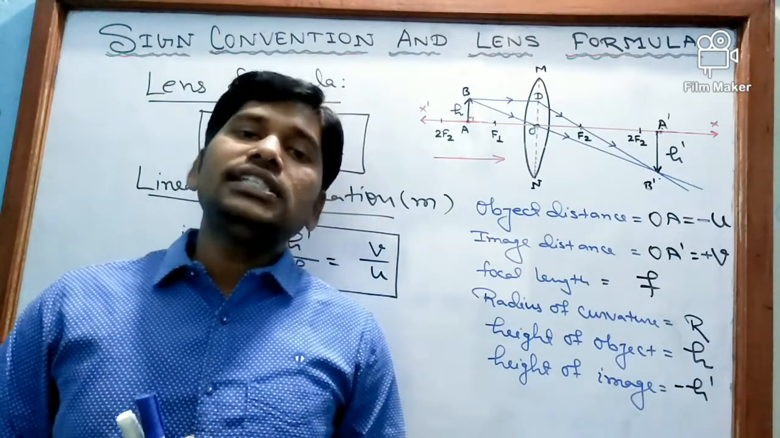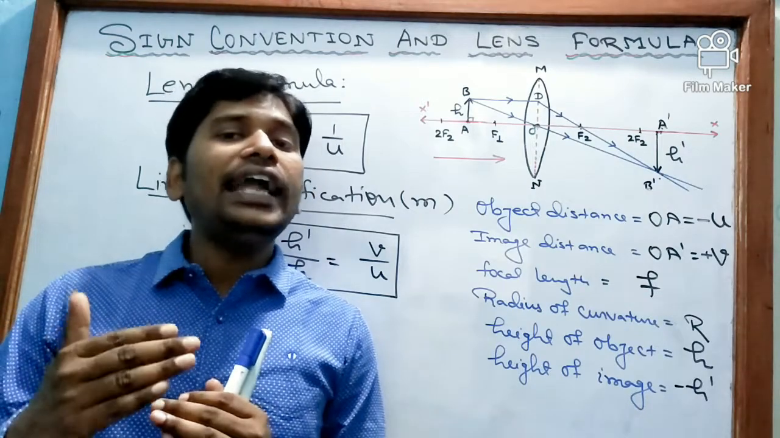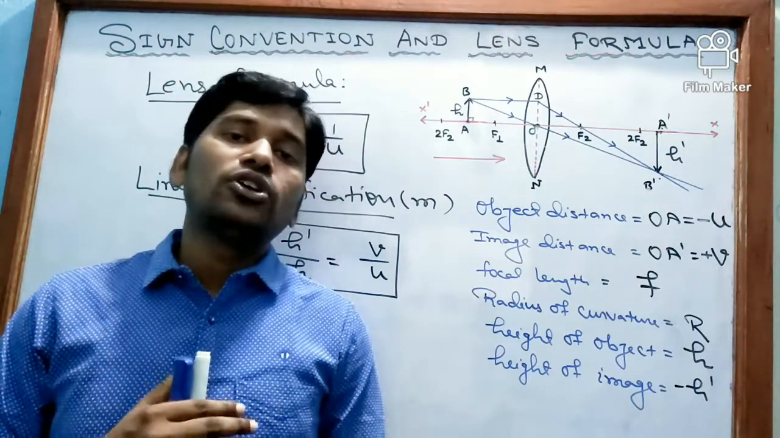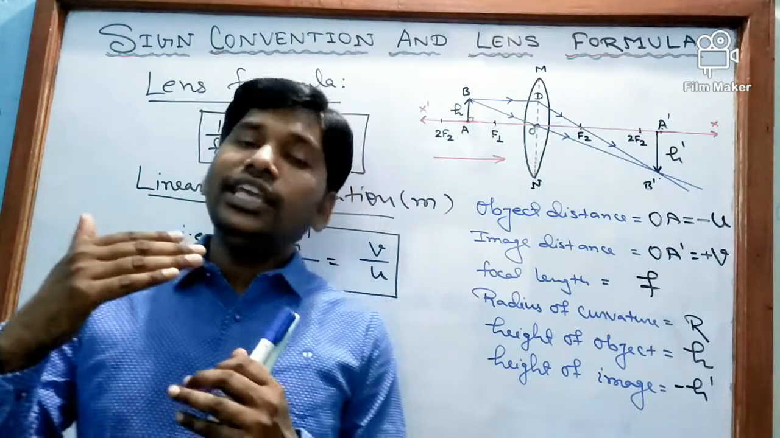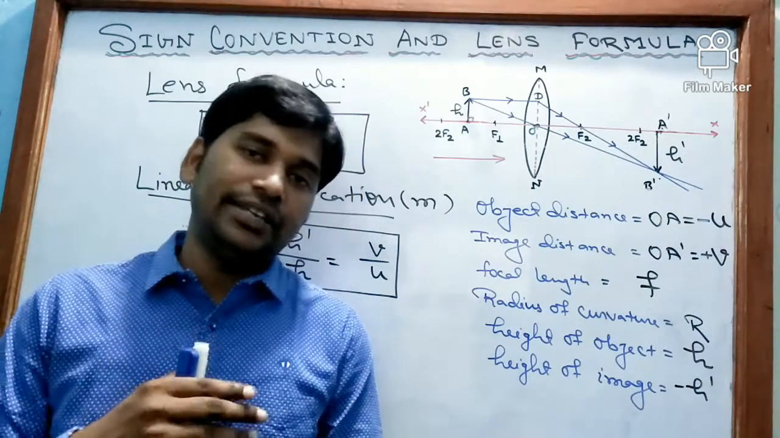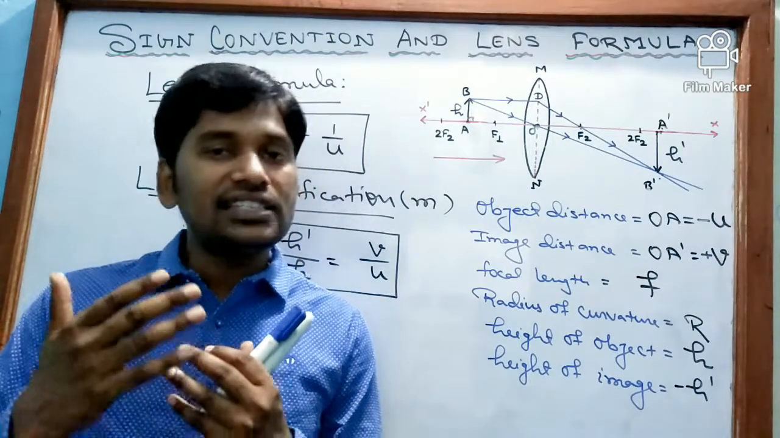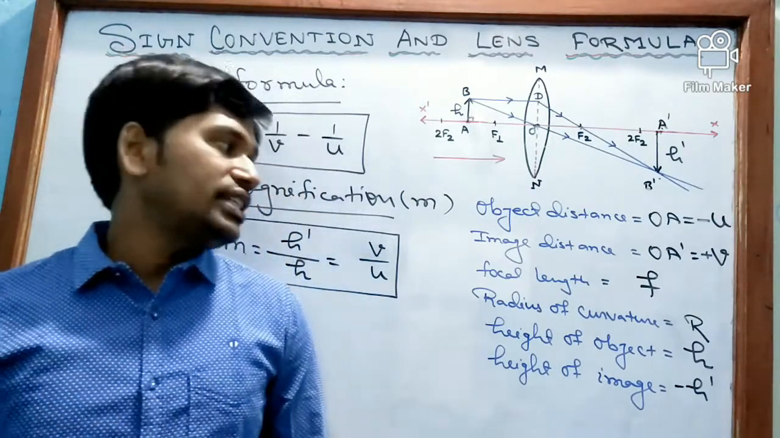In other positions, a convex lens forms a real and inverted image. So if the magnification is negative, it means the image is formed by a convex lens. So this is all about